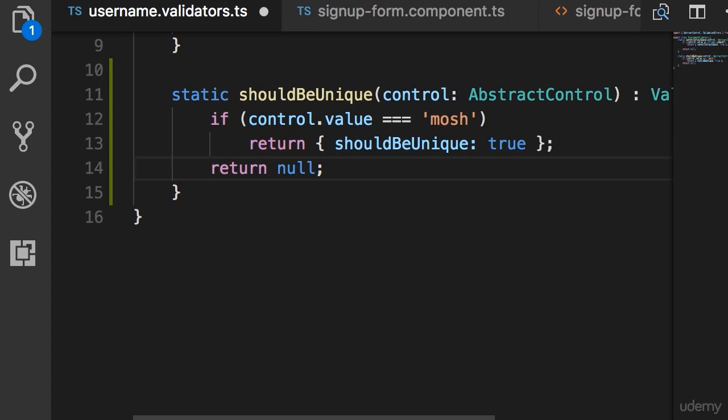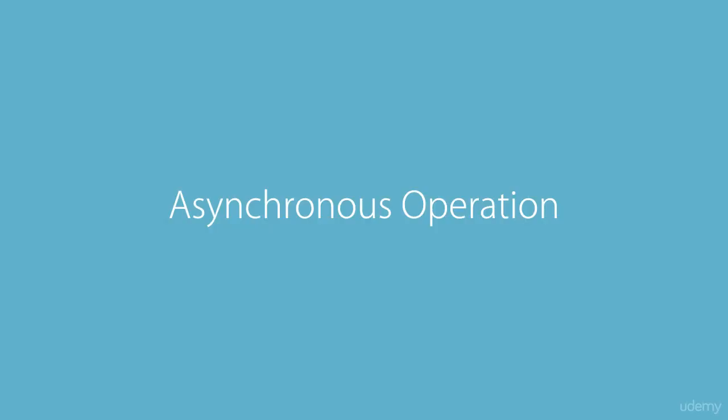Well, calling the server is what we classify as an asynchronous operation. What is an asynchronous operation? Well, the classic definition is a little bit too complicated. So let me explain it in practical terms. When we call the server, there's going to be a bit of delay, right? That delay may be half a second, it might be 3 seconds, or it might be 20 seconds, depending on